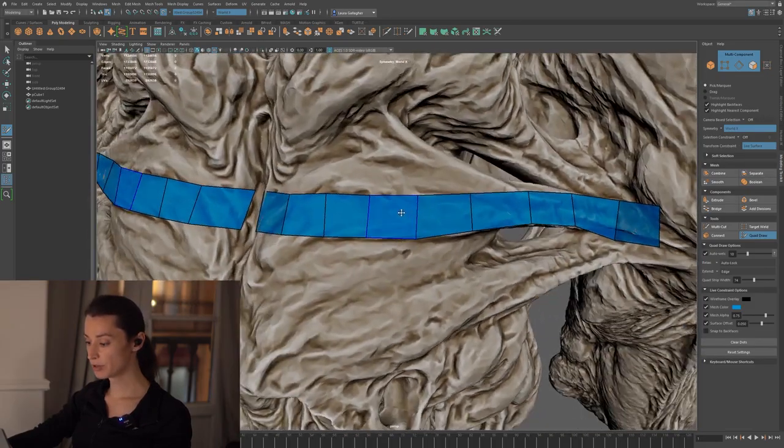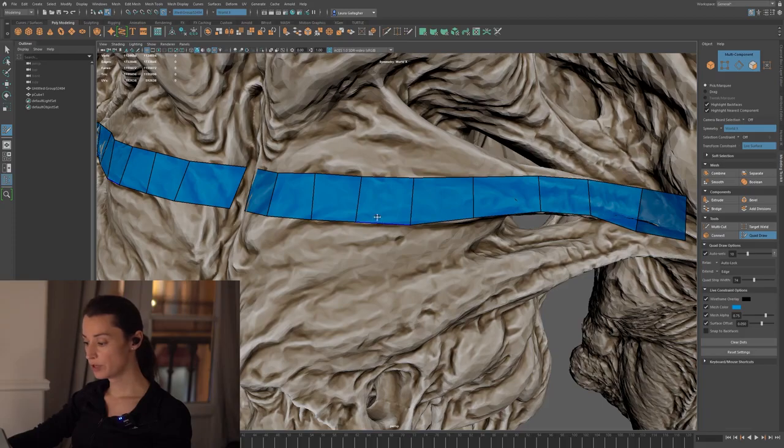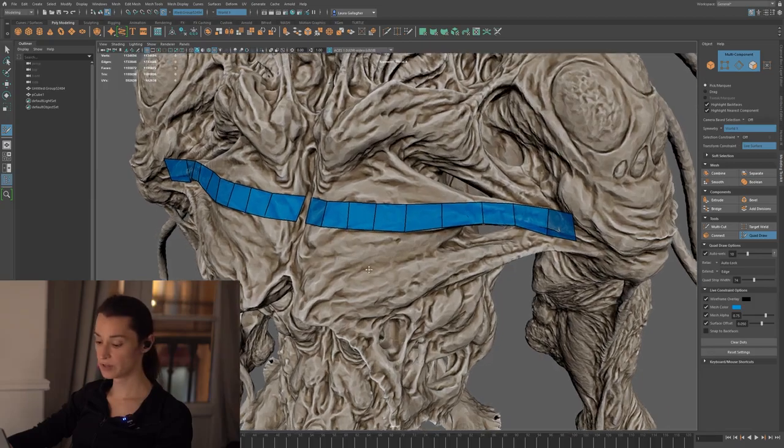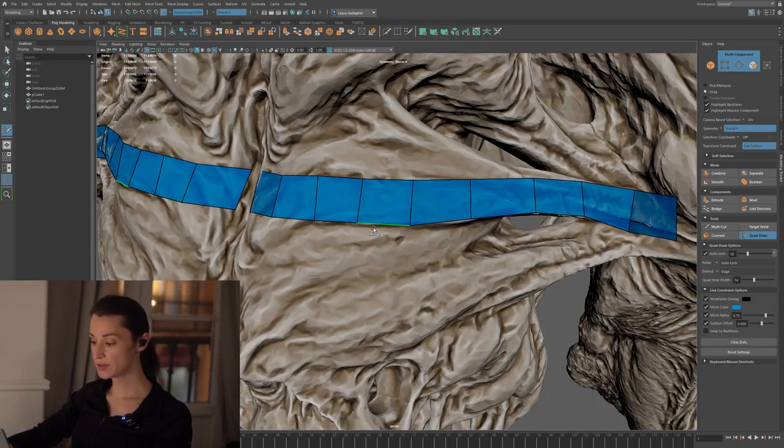Coming back here to the middle of the chest, if we want to start to extrude some of these edges and some of these vertices to start to fill in this particular area of the pectoralis here, we can hold down Tab. And as I'm holding down Tab, which if you remember is the same shortcut that we have used to create these polygon strips previously,